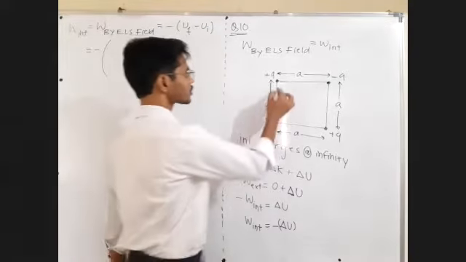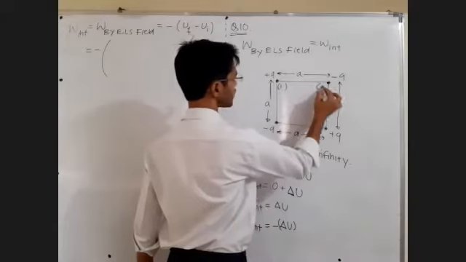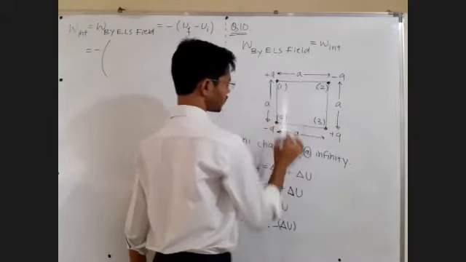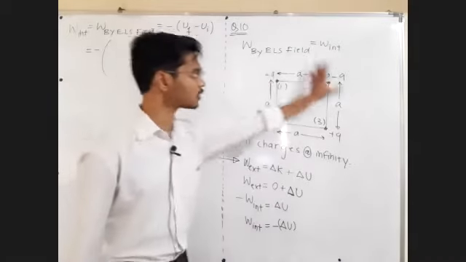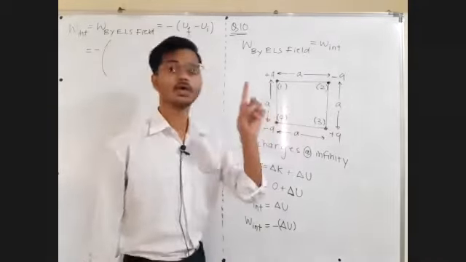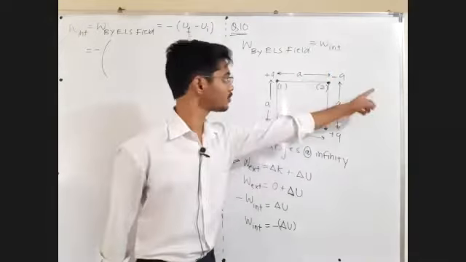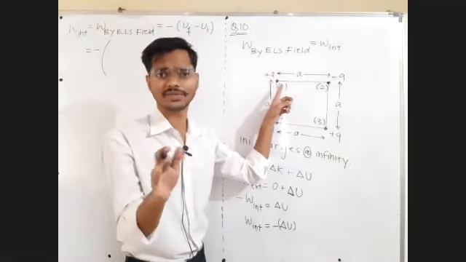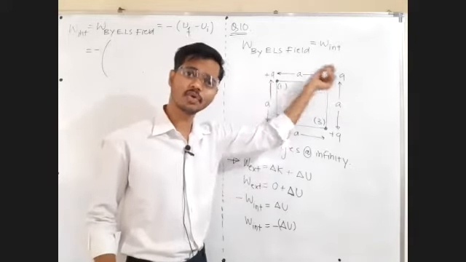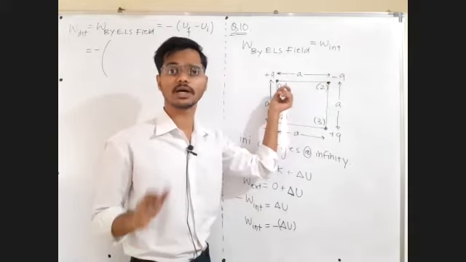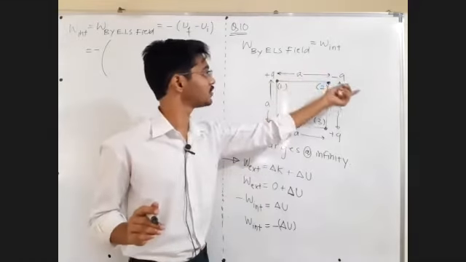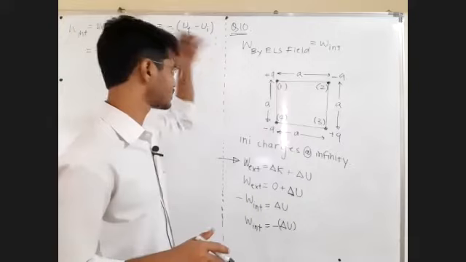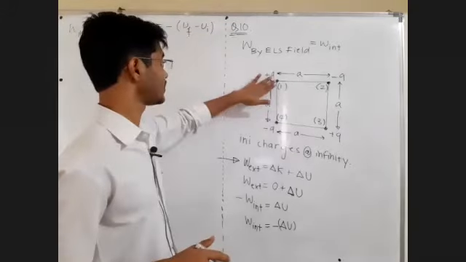Finally they are on the corners of the square. Let us call this the first charge, this the second, this the third, and this the fourth. Now let's say initially no charge is present in this system. We bring the first charge from infinity to the given point. How much is the work? Sir, it will not interact with anyone. It is alone coming from infinity to the given point. That is equal to simply 0, so no need to write that.